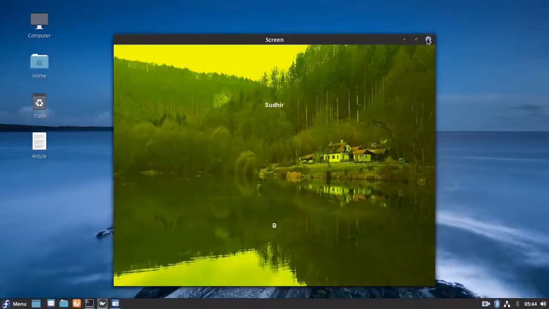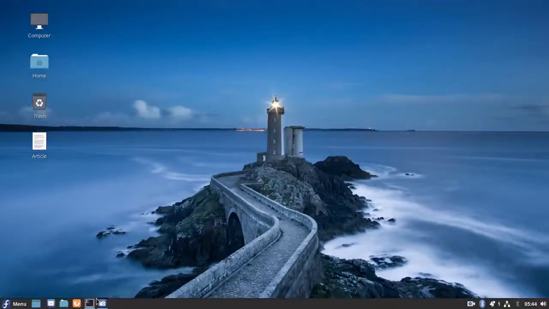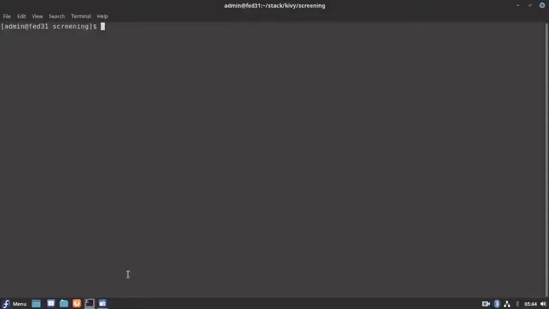Let's see how we can try to use Screen Manager then. Let me go into my shell. Let's first prepare our basic application which will launch our empty window. Let me name my screen application as Screen App.